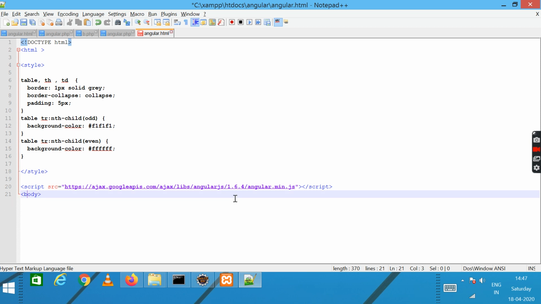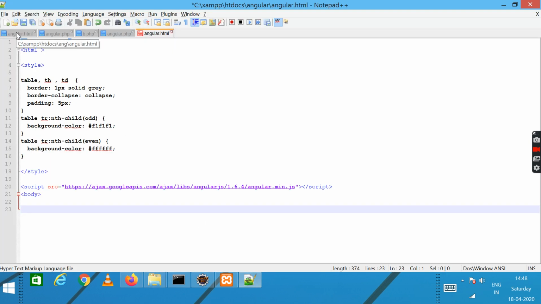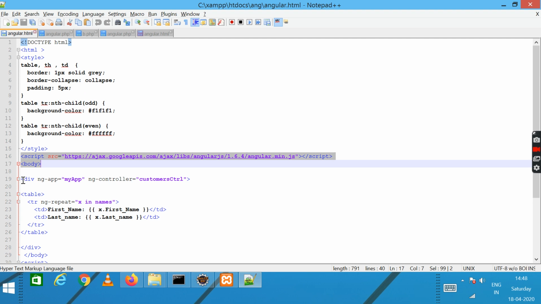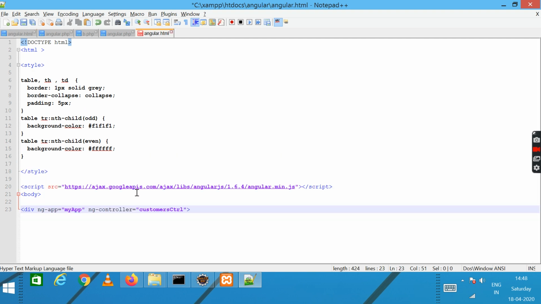Now in body part we'll write the code. So first part I'll be writing the division tag, then I'm giving ng-app equals to myApp. So I'm using first directive called ng-app, and I'm giving the name of the app called myApp.